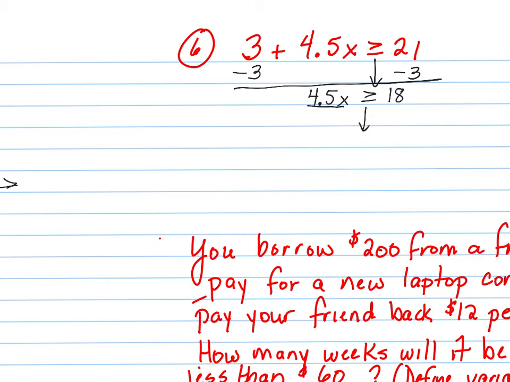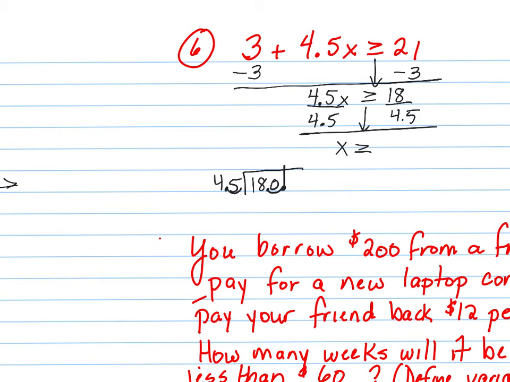Divide by 4.5 on each side. Everybody agree? Divide both sides by 4.5. We do not switch the inequality. Which one goes underneath? 18 divided by 4.5. Can I divide by a decimal? Move it one place. This is 18, so it really becomes